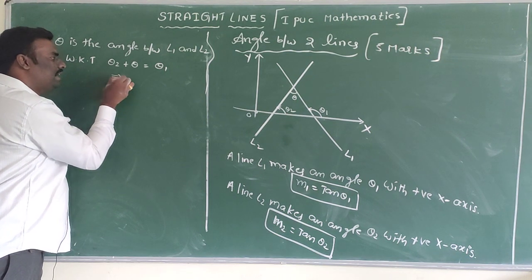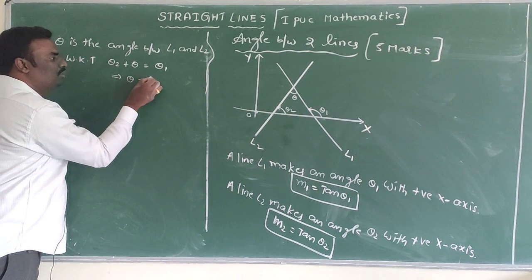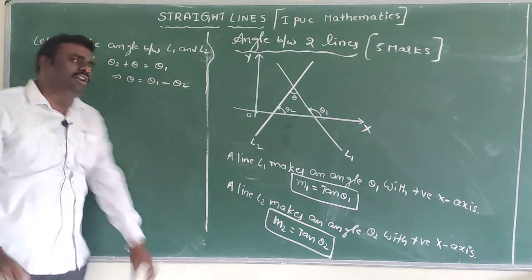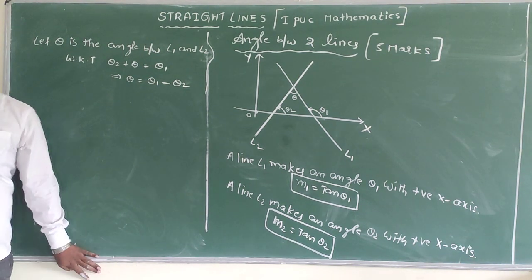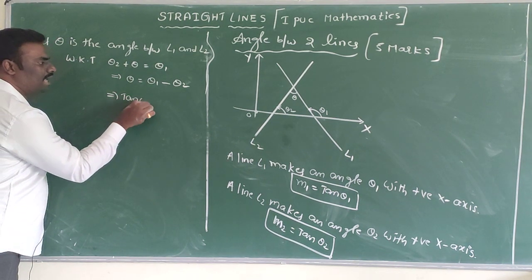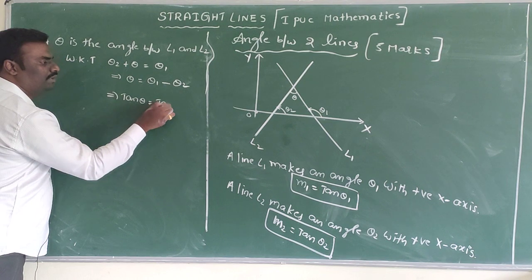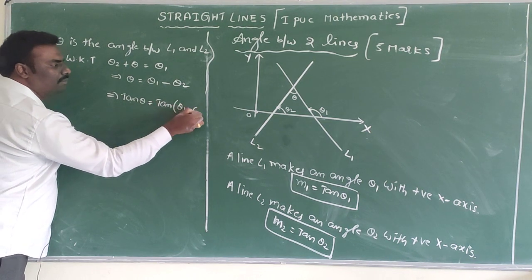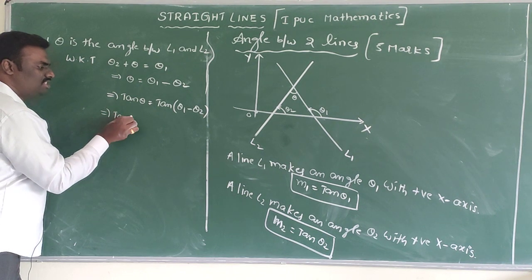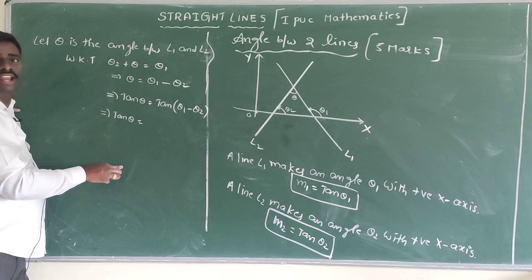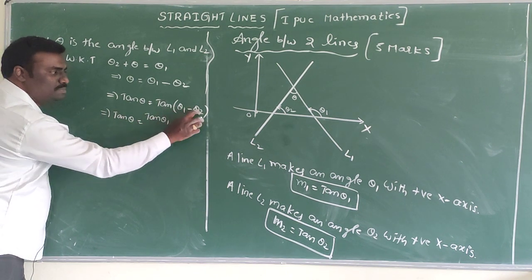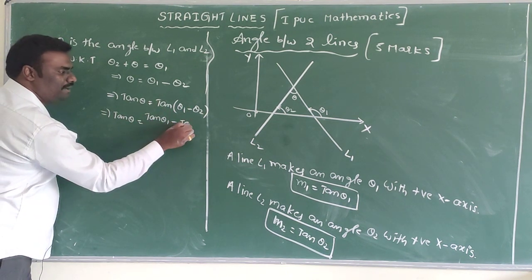That implies we can write theta is equal to theta 1 minus theta 2, bringing theta 2 to this side. Now apply tan on both sides. That implies tan theta is equal to tan of theta 1 minus theta 2. It is in the form of tan of A minus B. The formula is tan A minus tan B,